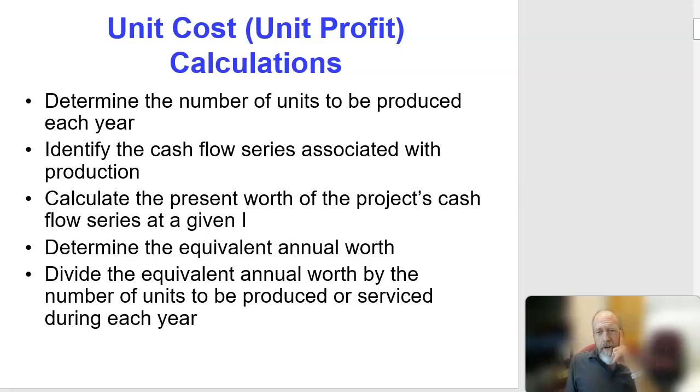Most of the time when you're looking at this from a business perspective, you're going to have to do some other calculations. You're going to have some associated costs, but you might be producing something. So if you're producing units, how many units are you producing on an annual basis? Because we're looking at annualized equivalencies, so the annual basis is really the key here. Look at the cash flow. There might also be some other associated costs like power,